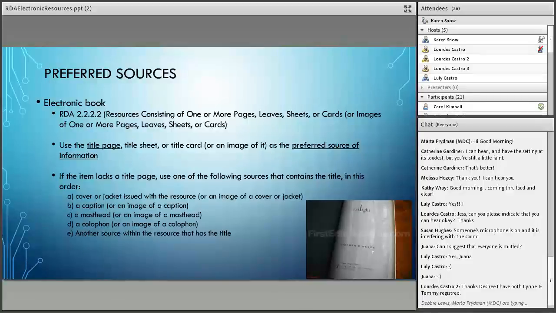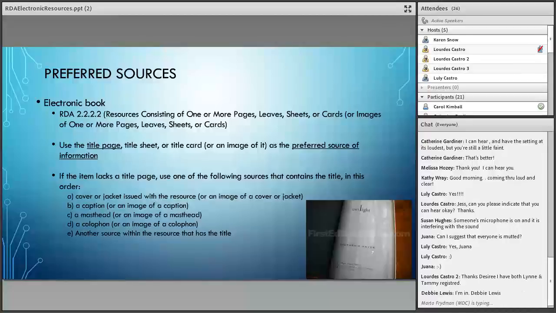The same applies to electronic books: you want to use the title page, title sheet, or title card, or image of it, as the preferred source of information. And that's really key for electronic resources, that image of it. With electronic resources, you typically don't have the physical title page in front of you. You'll have an image of it, right?